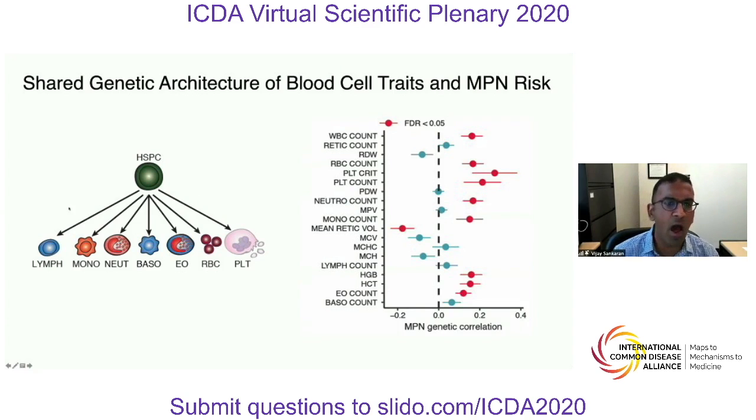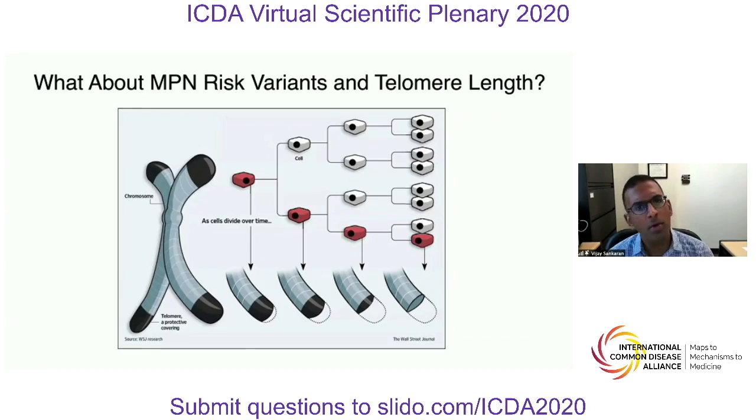And across a number of distinct traits spanning various lineages, we could see a positive genetic correlation, suggesting that these risk variants were likely acting at the early stem and progenitor stages to affect the process of blood cell production. We then wanted to get at this using an independent metric. And leukocyte telomere length serves as a nice measure of blood-forming stem cell activity. And therefore, we can use leukocyte telomere length to ask questions about overall blood-forming stem cell activity and variation in